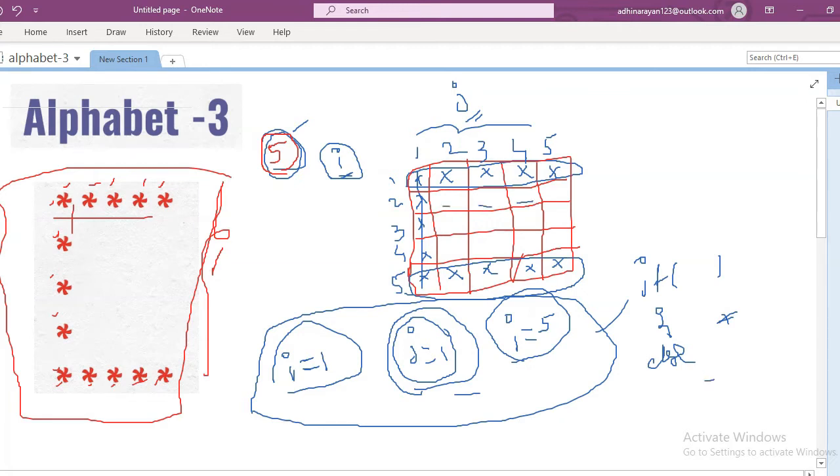We want to print spaces, so that's why I am taking else. If it is true, it will print the star, else it will print the space. That means it is false, it will print space. Okay, that is the code you are writing.